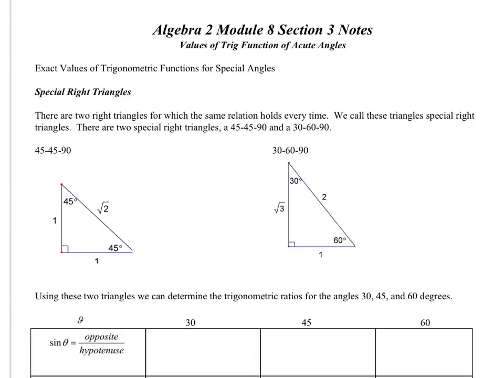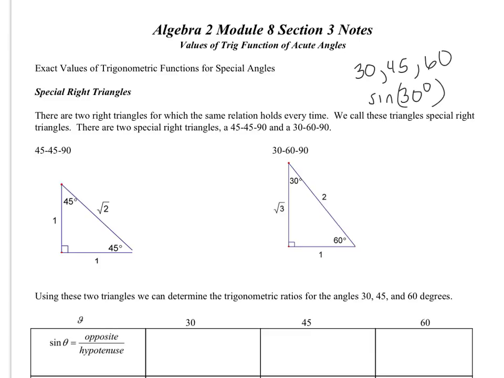Okay, in section 3, we're going to be finding the value of trigonometric function values for some special angles. Namely, the angles we're going to look at are 30, 45, and 60. So the goal is to be able to find the values of these. So for example, what's the sine of 30